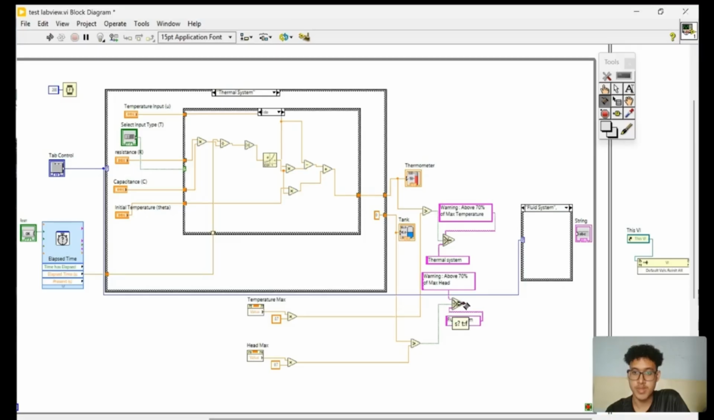So first we need to get the select from the fluid system and connect it to the case first. Then from the cases we need to connect it to the string, which will be the output. Then we get the select part for the thermal system and do the same thing. So as you can see there,